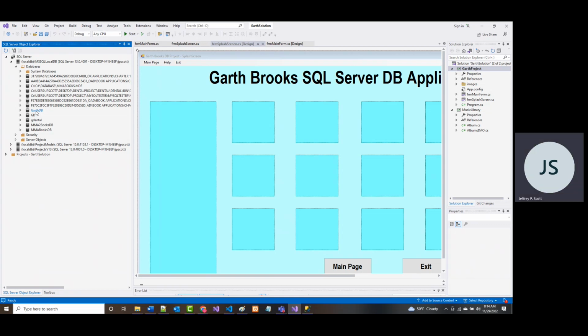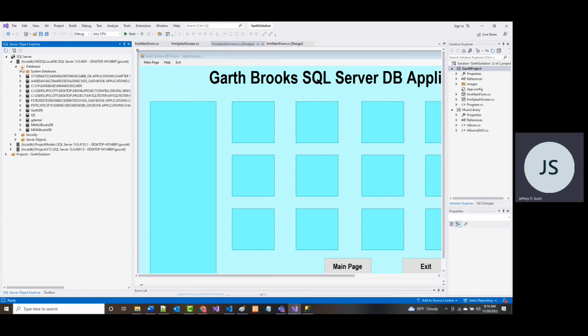All right. Now, even though I've already got a Garth DB in there and it works, I'm going to recreate it and just call it Garth, just so one more time we can go through the steps you should be going through when you're doing this.